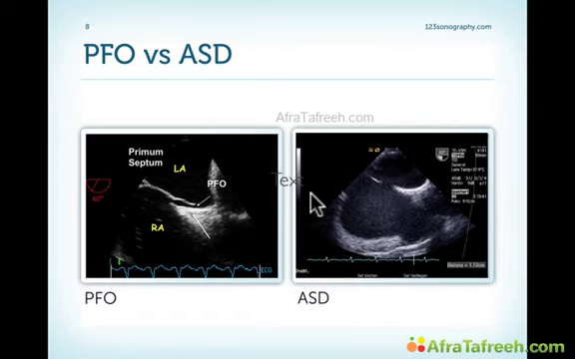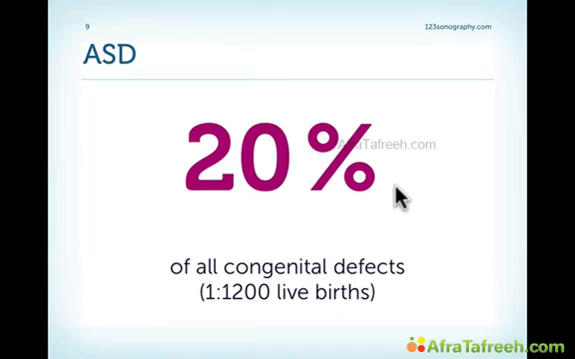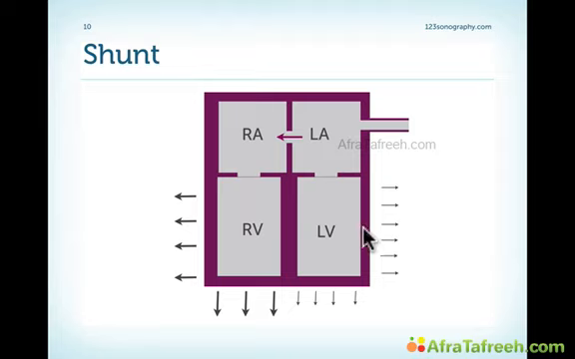This nicely shows the difference between a PFO, where we don't have a tissue defect. It's an overlap between primum and secundum septum, so more like a valve. And in an atrial septal defect, by definition, even if it's a small defect, we have really a tissue defect within the septum. Atrial septal defect is a relatively common lesion, about 20%,